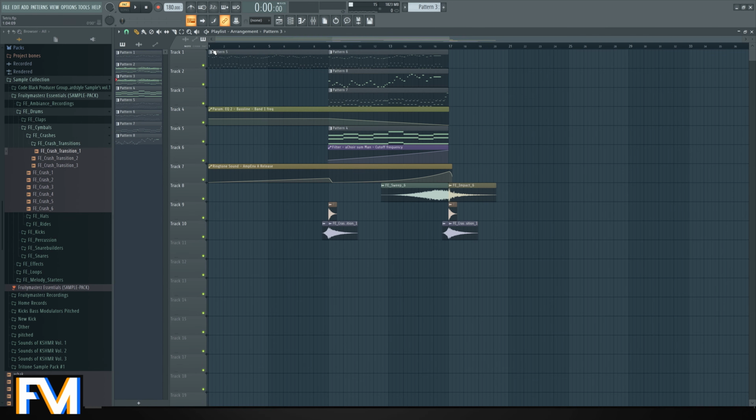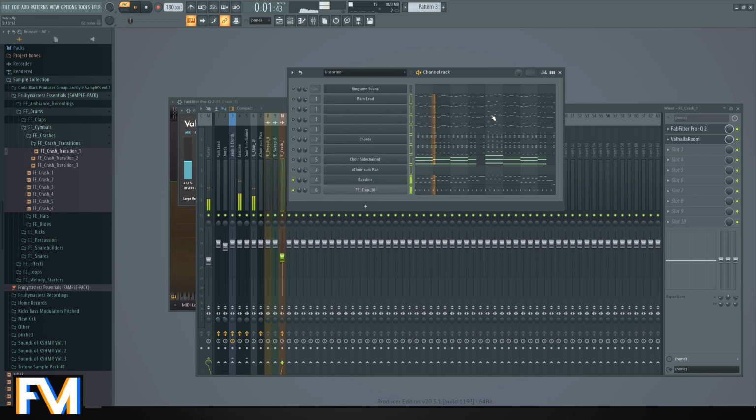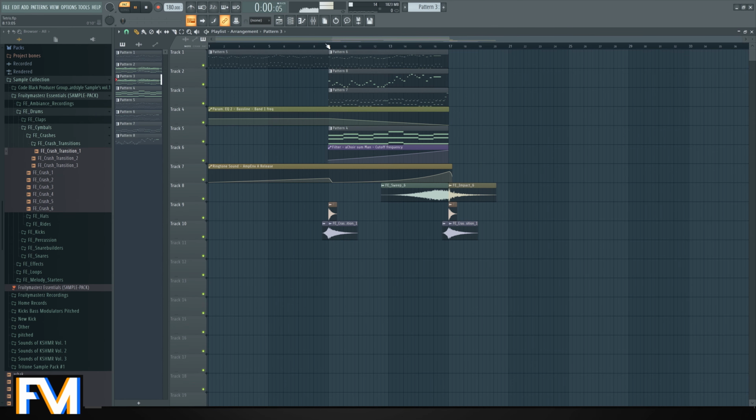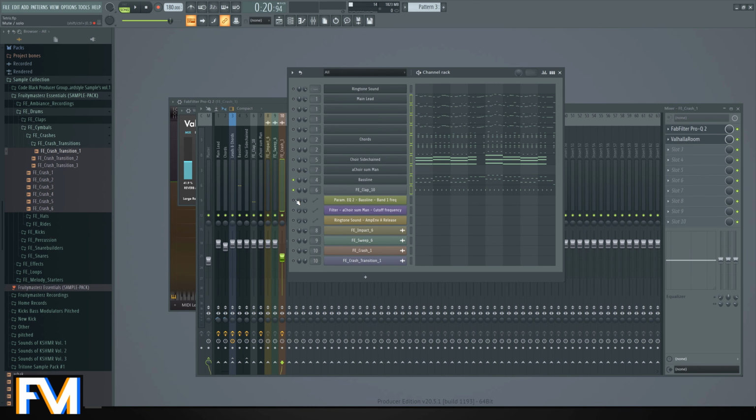Ah, crap! This is a thing with filters. I usually get this when I'm using automation on filters. When you solo stuff, it messes things up. Just hold shift and click all of your automation clips and enable them, and that fixes it. So, okay, back to the melody. This one will be without chords, because that's for the sidechaining effect when the kick comes.